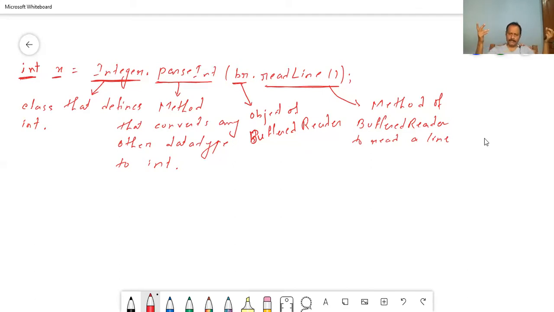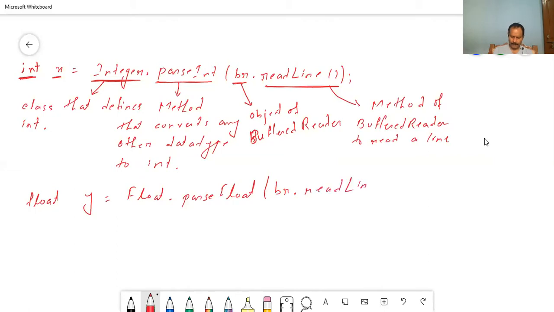Now, if you want to accept a float instead of accepting an integer, what would be the statement? Say float y equals to Float dot parseFloat, and then the remaining part remains the same as it is, whatever the buffered reader object is, and then readLine.